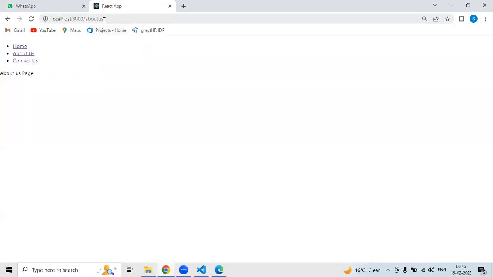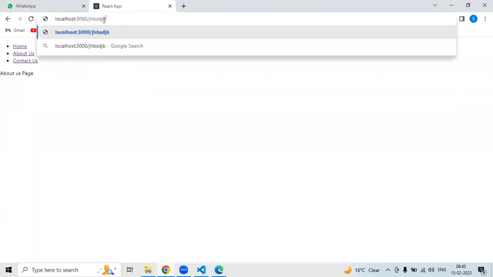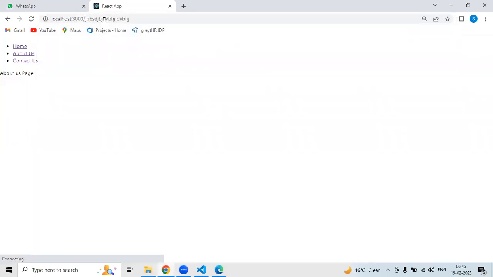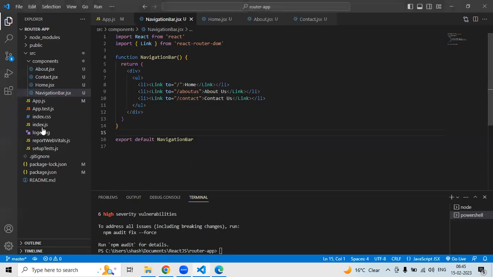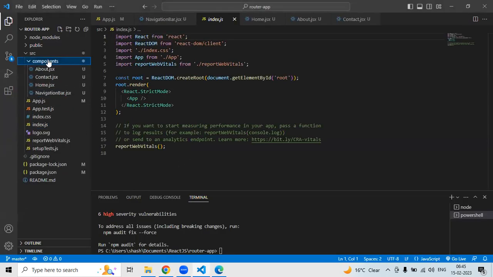If I try to call some other navigation, what will happen? It's not getting any pages. So if you give a wrong path, you have to tell the user that the page is not found. How to give that? How to create that? So